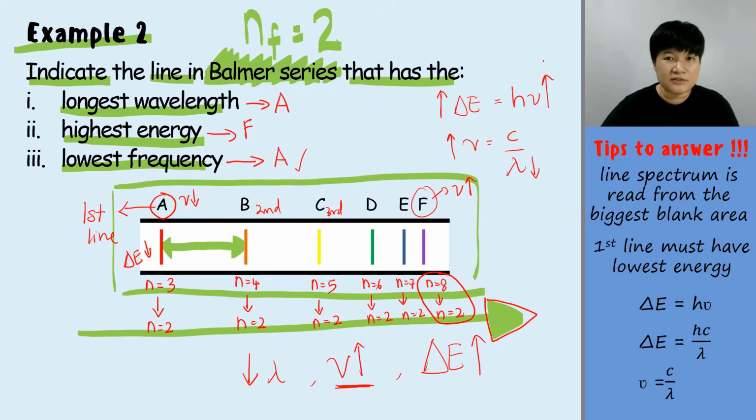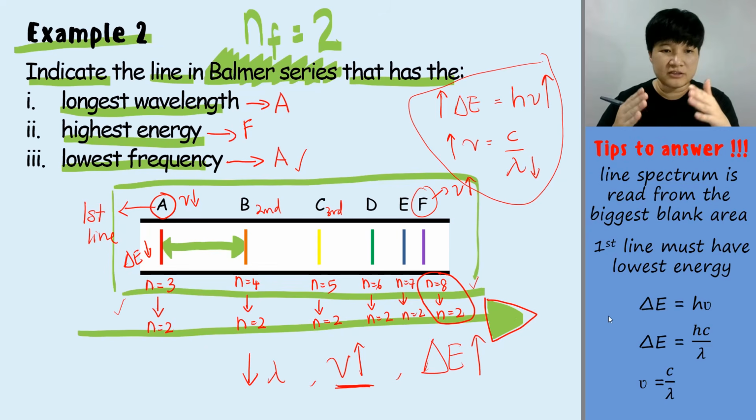It's very simple as long as you memorize the formula. But it's not needed to memorize which one has the highest energy. You can just work it out. The most important thing right now is still being able to read and understand your line spectrum. You need to know that your line spectrum is not a must to start from left to right. It can be vice versa. The line spectrum will always start where the blank area is the largest. Sometimes it might not start with the first line, but we will always start reading from where the blank area